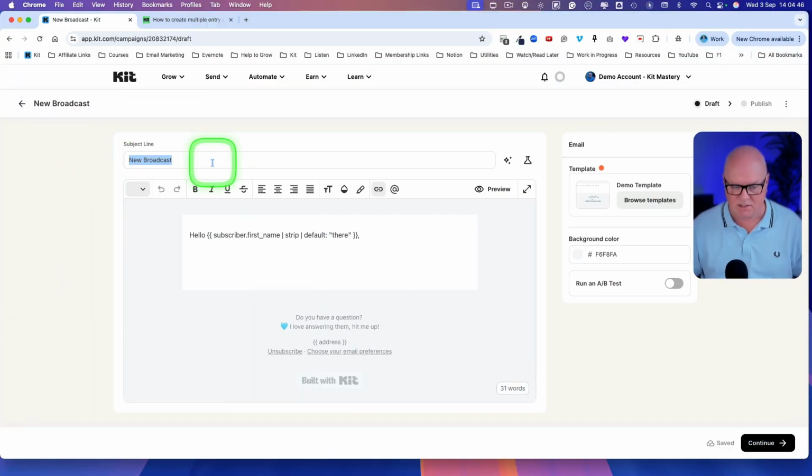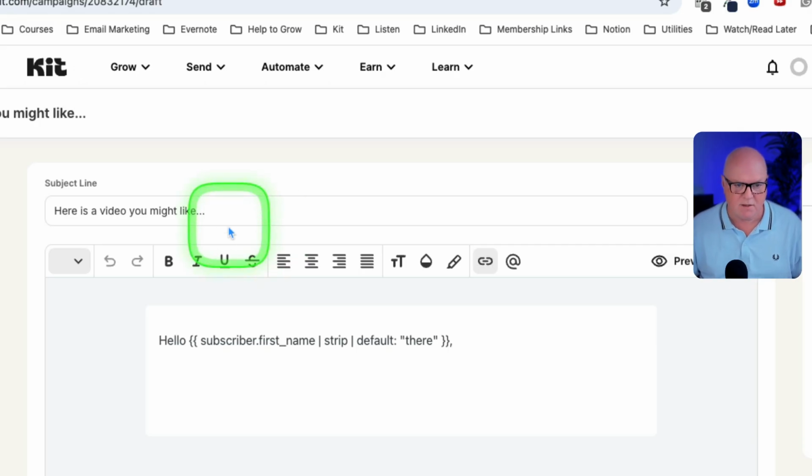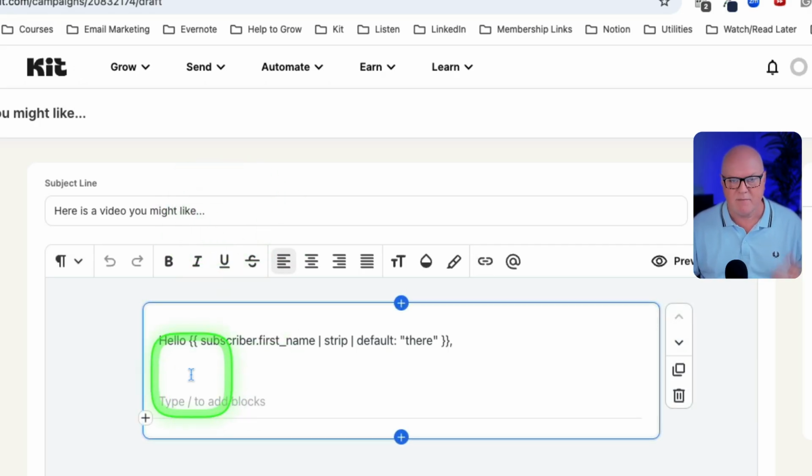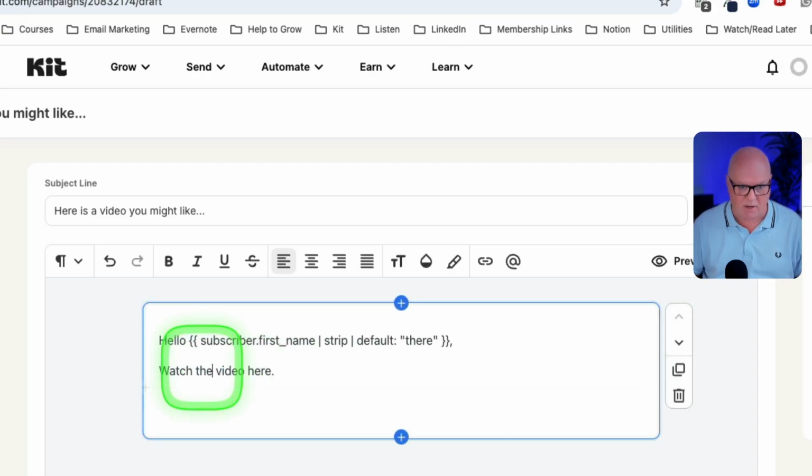So when you're creating an email, it's always a good idea to add what's known as preview text to your email. Now, what that is, it's like the co-pilot for your subject line. So if you're going to create an email, let's say the subject line was "here is a video you might like," and inside there I might have a link to a video. "Watch the video here," and I would add a link there